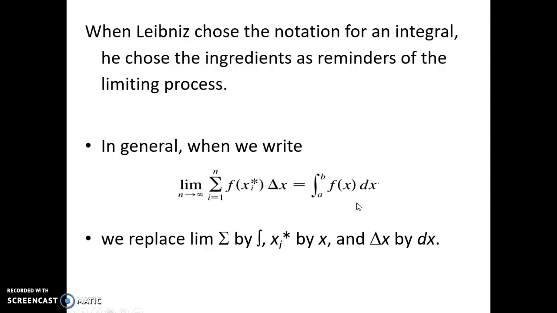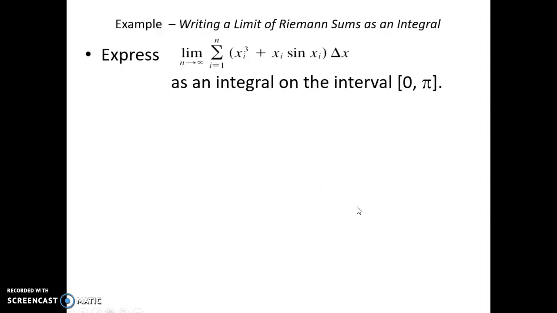Now, I really don't know why the book has us do this much, but I will see. I'll show you a couple of examples here. Express this Riemann sum as a definite integral on the interval from 0 to pi. So what we're going to do is write the limit and the sigma notation. We're just going to change that to an elongated integration symbol. Every x sub i is going to be changed to just x, and delta x is just going to be